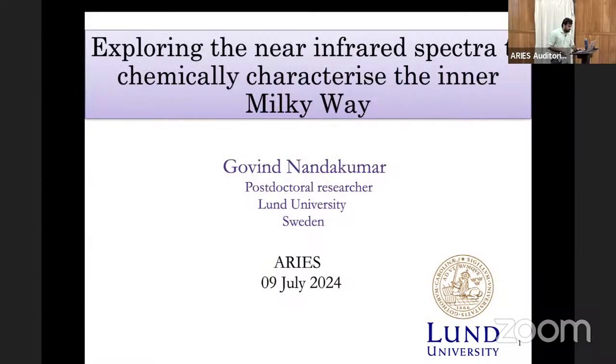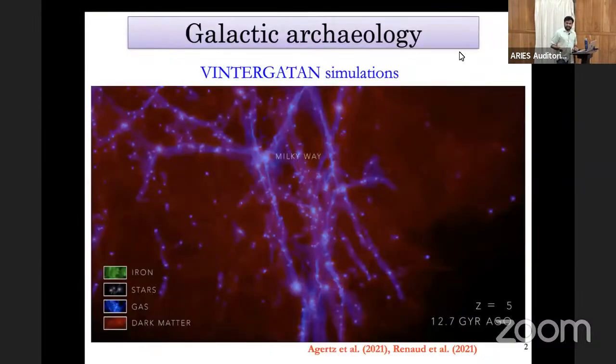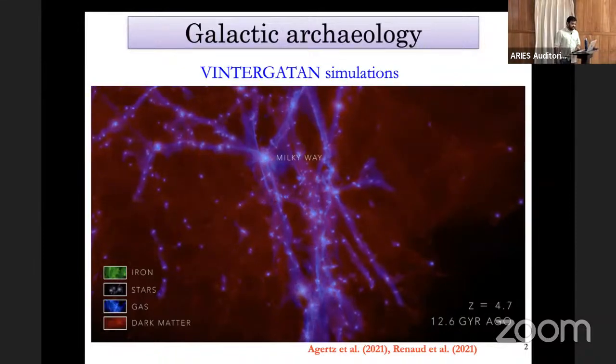The title mentions, I will be talking about exploring the near-infrared spectra in order to chemically characterize the inner part of the Milky Way. But before I start talking about near-infrared spectra or the inner Milky Way, I will start off with a brief overview about the field of galactic archaeology by showing you this amazing simulation, which is called the Vintergatan simulation,